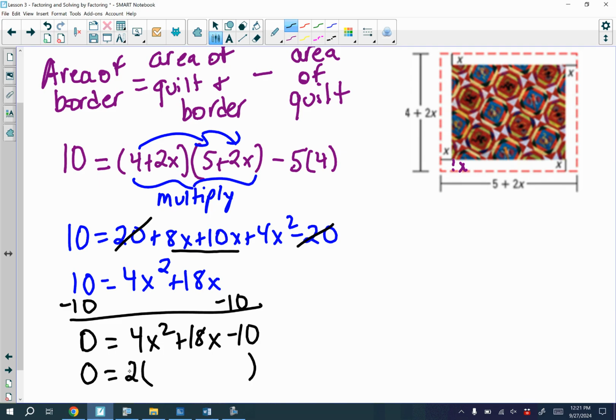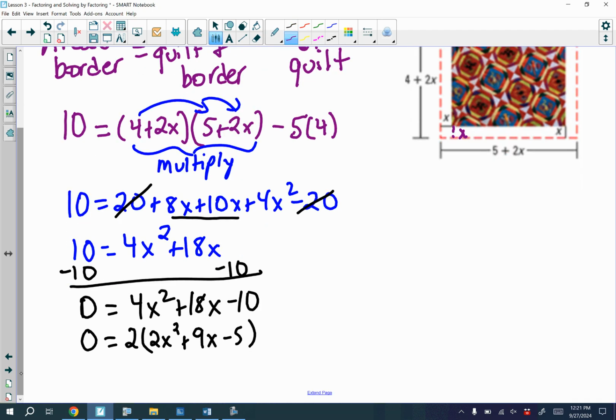So each term I divide by 2. So I get 2x squared plus 9x minus 5. Now I go and factor what is inside the parentheses. So 5, the only numbers that multiply are 1 and 5. Same thing kind of with the 2. It's just 1 and 2. So I have 0 equals